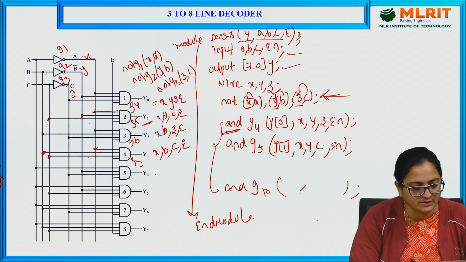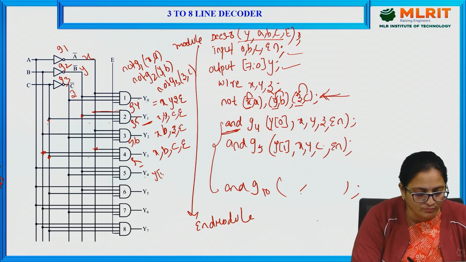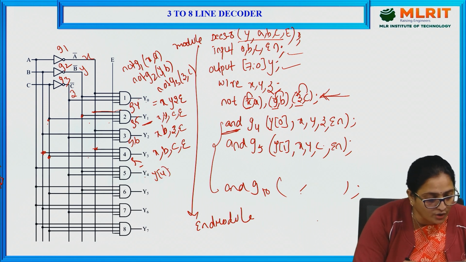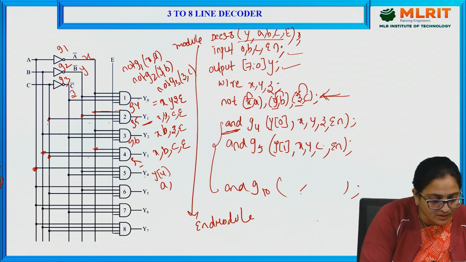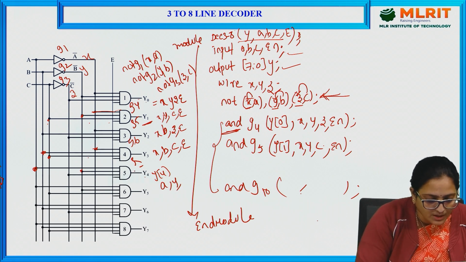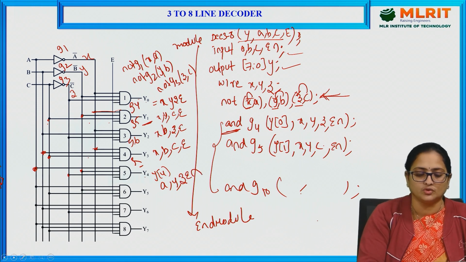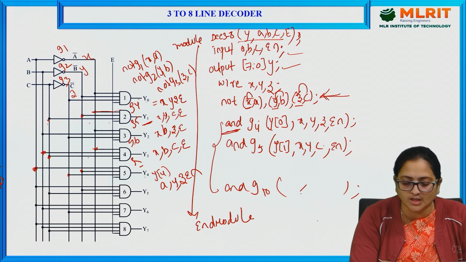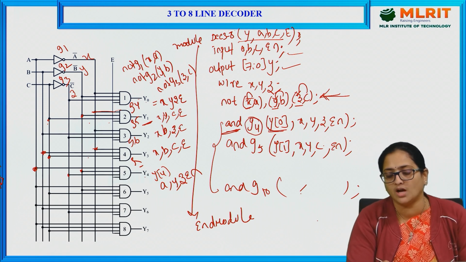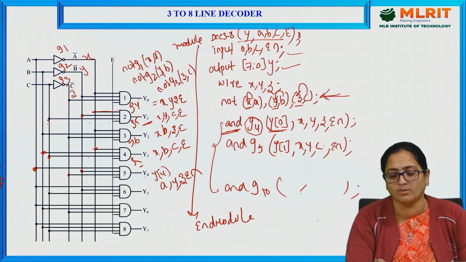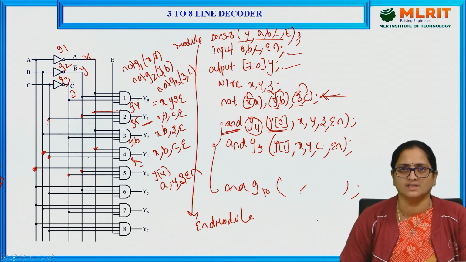We'll see another example here. For Y4, the output is Y of 4 and inputs connected are A, comma, and here this is Y, and here this is Z, and enable is also connected. So just call the primitive, give the gate name for the primitive, and give the connections between the outputs and inputs. First write the output variable followed by the input variables and with the semicolon which terminates the complete statement.